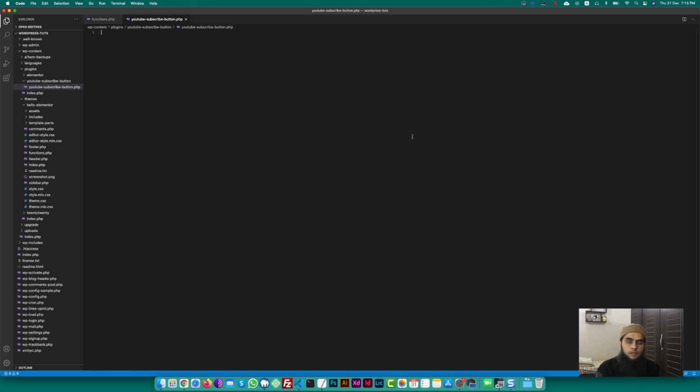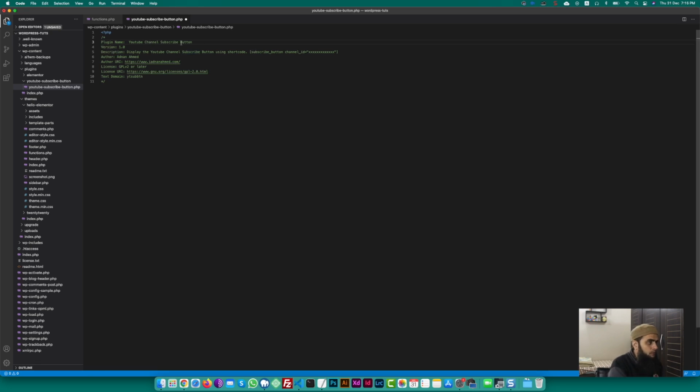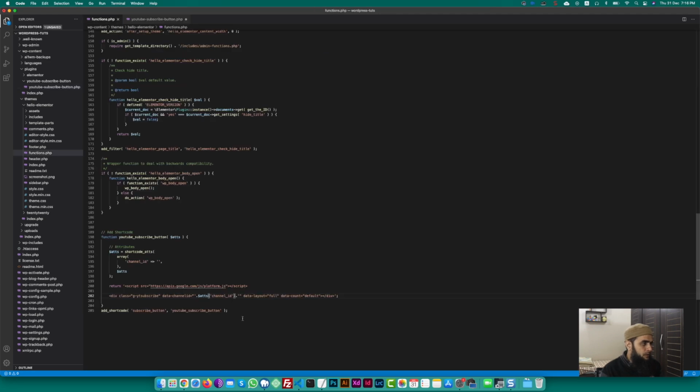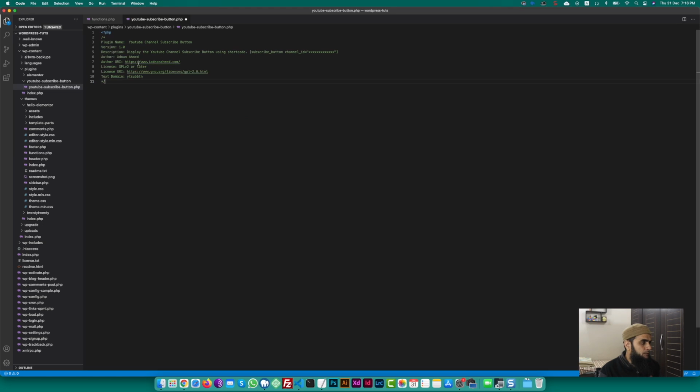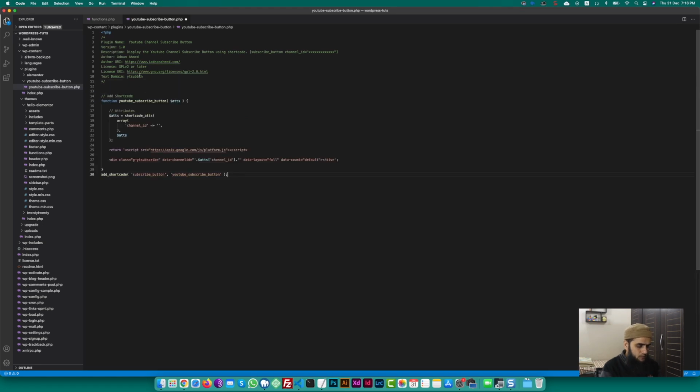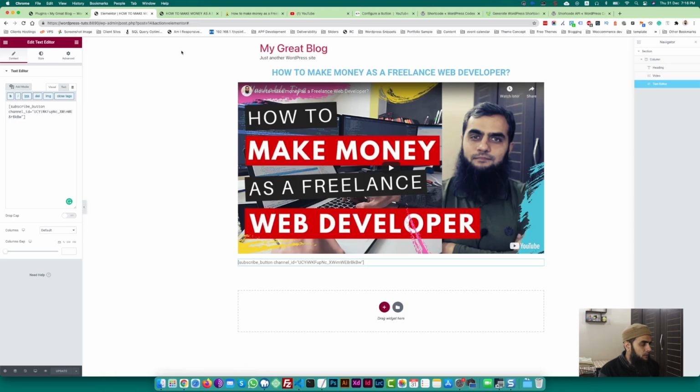here. You will be able to download this plugin file. I will place a URL in the description. Okay, you see I am adding the structure of a plugin, YouTube subscribe button, or you can say YouTube channel subscribe button. And in the description I am also telling what is the structure of the shortcode you need to use. Okay, and from the previous functions.php I'm just removing this code and pasting it in my plugin file and saving it,